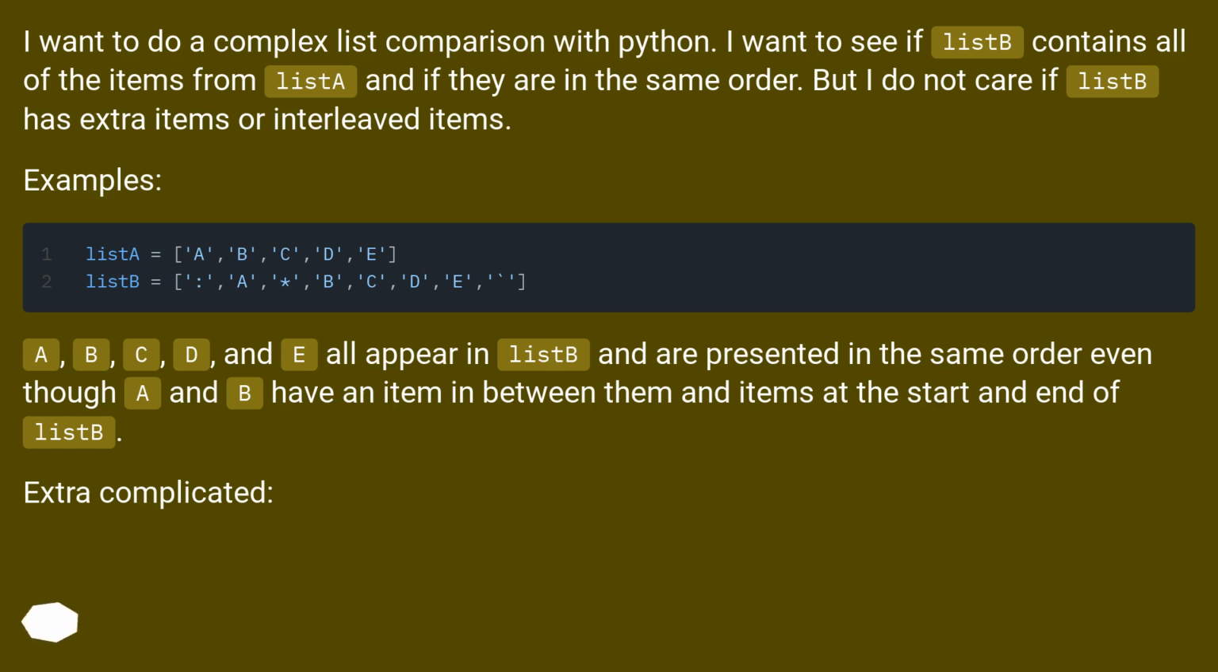I want to see if list contains all of the items from lista and if they are in the same order. But I do not care if list has extra items or interleaved items. Examples: